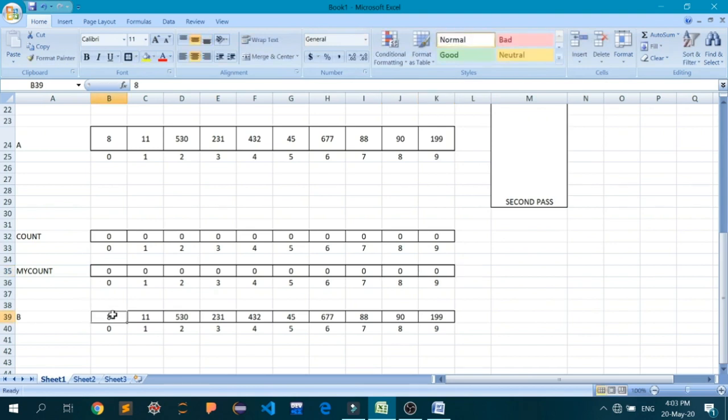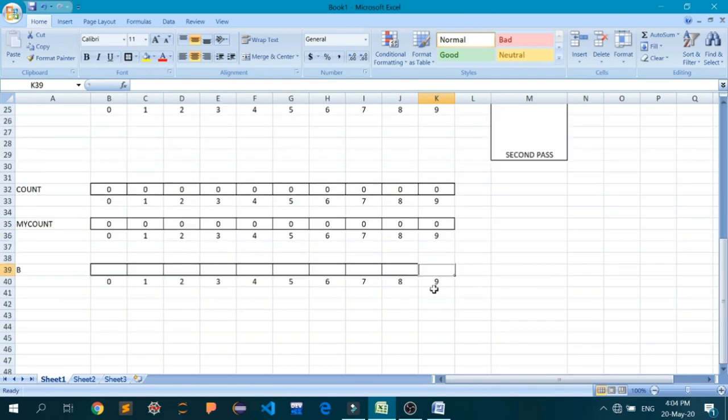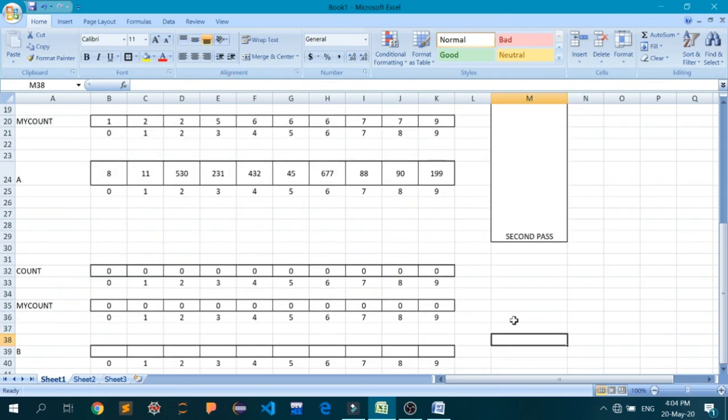Now as you can see, we are at the last pass of the radix sort, the for loop, at the last iteration of the for loop, that is the third iteration, and this is the last time we are going to apply counting sort, but this time at the 100th place numbers.